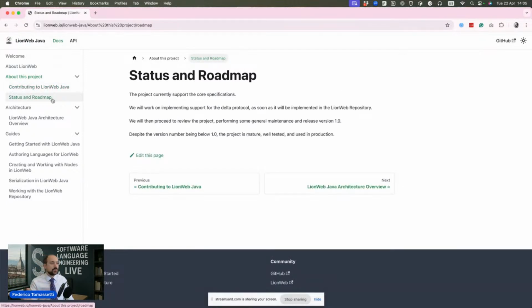Basically, right now, LionWeb Java can be used in production, is used in production, is reasonably mature and solid. At this time, we have an implementation for creating models and serializing them. We have support for converting back and forth from EMF. We can read and write on the LionWeb repository using what is called the bulk API, so APIs that are convenient to